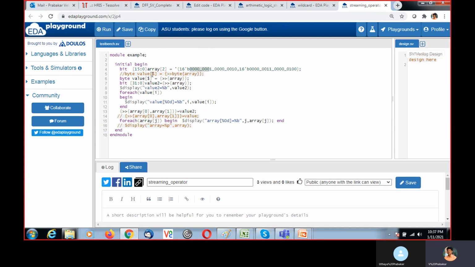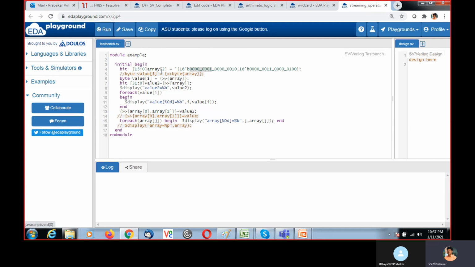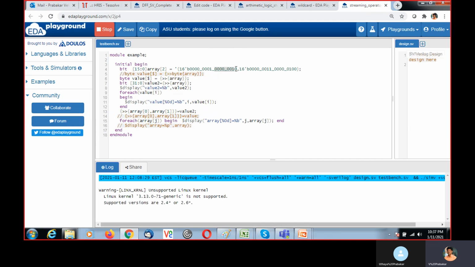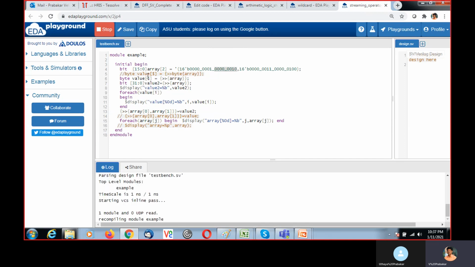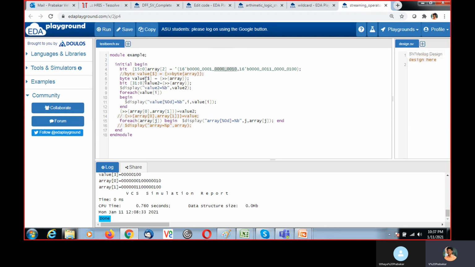You can mention how much we want to take from the array, or otherwise, since the value is declared as byte, it can store only 8 bits, so it will automatically take 8 bits by 8 bits. First it will take this part and assign it to value of 0, and these 8 bits are taken and assigned to value of 1. In the same way it will continue.